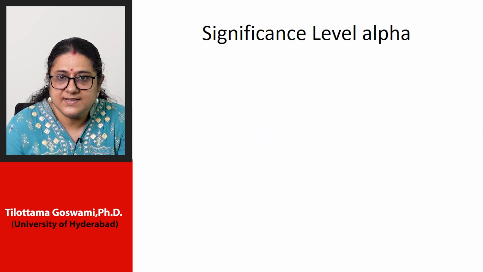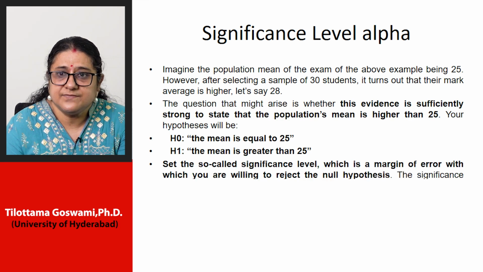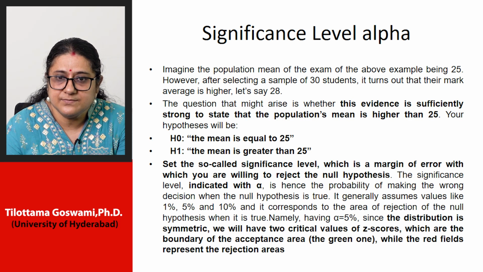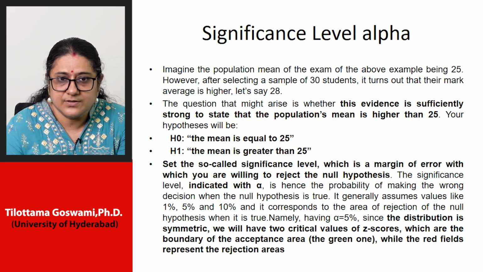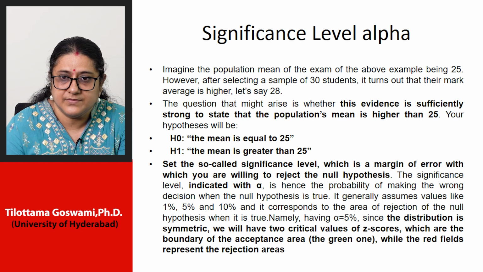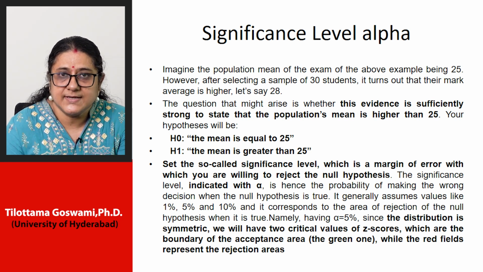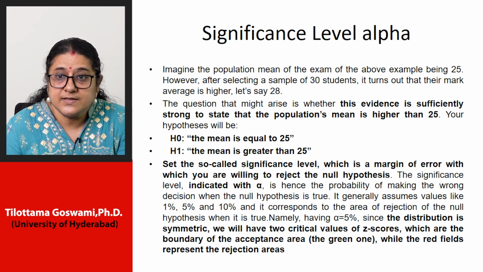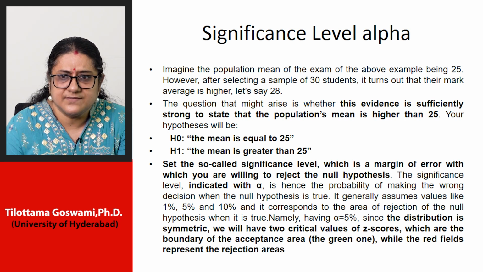Coming to the significance level alpha, consider this example: the population mean of the exam is 25, and after selecting a sample of 30 students, it turns out that the average mark is, say, 28. Is this evidence sufficiently strong to state that the population's mean is higher than 25? So we assume that the mean is 25 and the alternative hypothesis, H1, is that it is greater than 25. By setting the significance level, which is a margin of error,